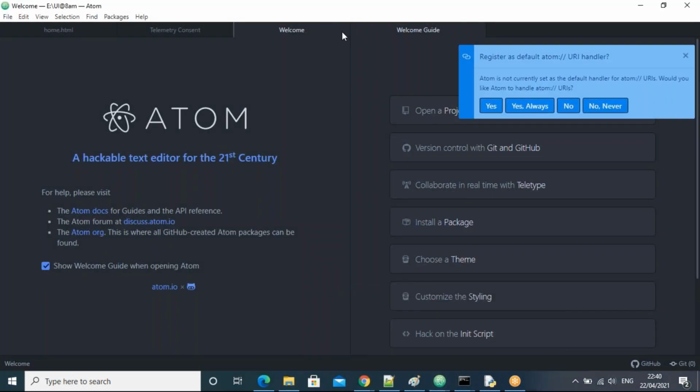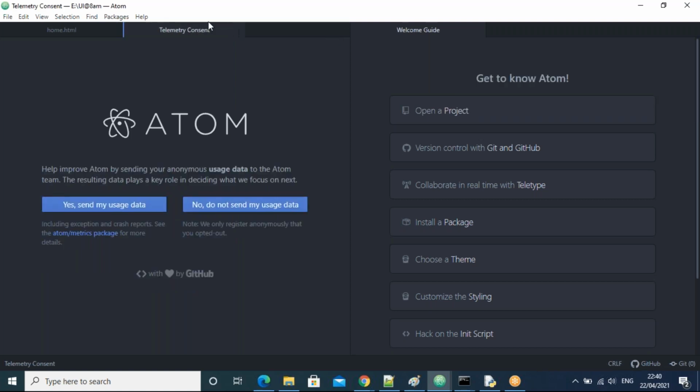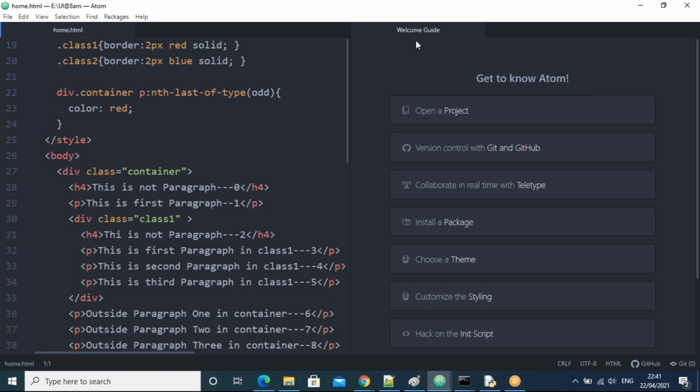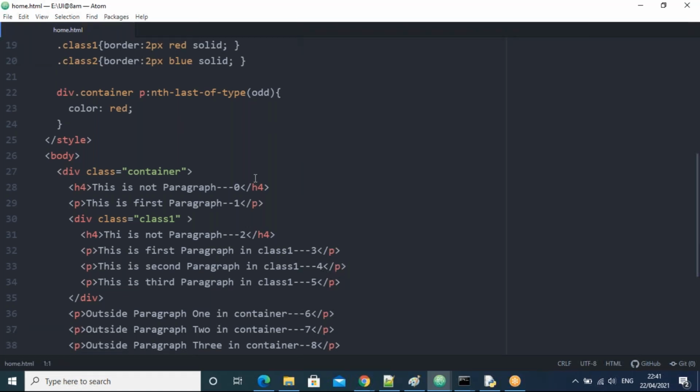I'm opening our example. I'll run the project once.